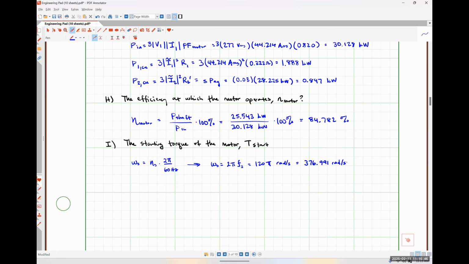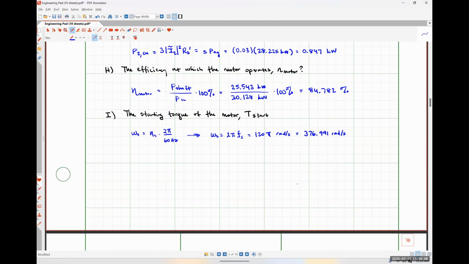Okay, anyway, so there's our omega S. It's just 2 pi times f of S, or we could have gotten it by using our synchronous speed and manipulating that. Either way, we get the same result. I'm lazy, 2 pi f is the way I would prefer to do it. Now that we know what omega S is, our mechanical starting torque, T start,